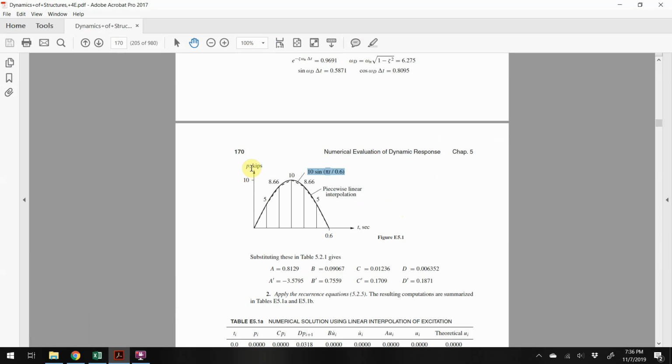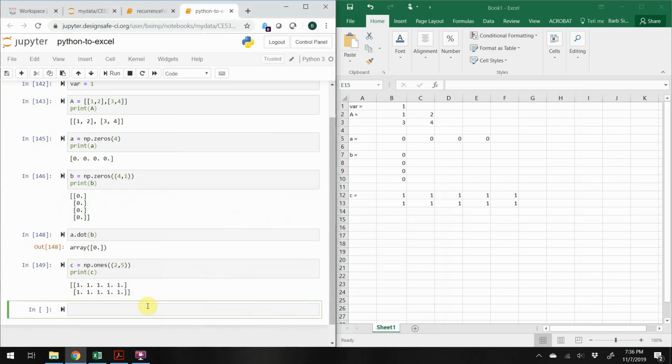So I'm going to go to Chopra's book, and let's see if we can actually input some sort of forcing function P that's discretized with respect to time. Time will start at 0 and end at 0.6 seconds. This P function is going to be created by a sinusoidal equation, and it's going to take inputs T. So I want to create some sort of array that starts at 0 and ends at 0.6. Well, there's a really nifty array function associated with the numpy